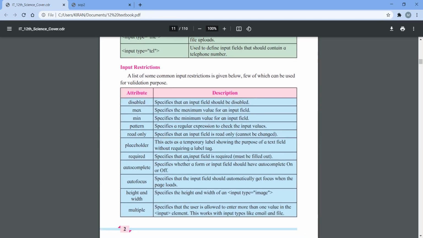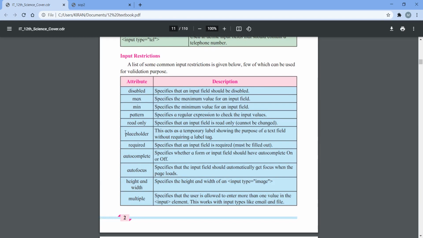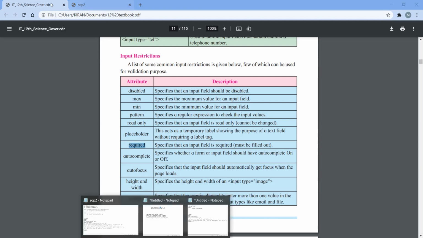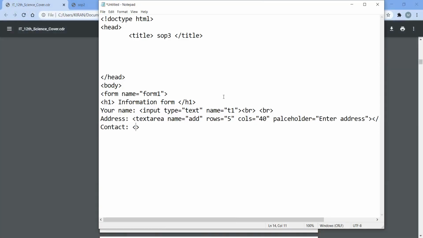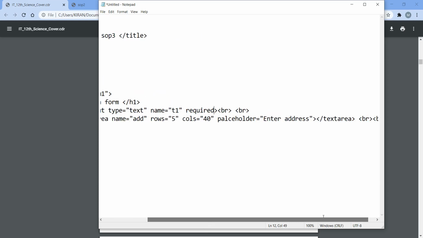And then here are some attributes. First we have used the placeholder property for address, and then the required attribute we can also use, because they have said that we cannot keep any of the fields empty, so we'll use this required attribute everywhere. Like we cannot keep the name empty, so there is no value, we just use the keyword attribute required, we don't have to pass any value. So input name is required, after that textarea address is required, and then contact.